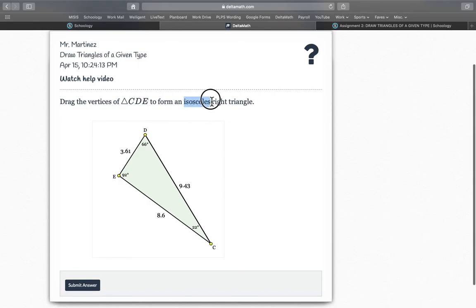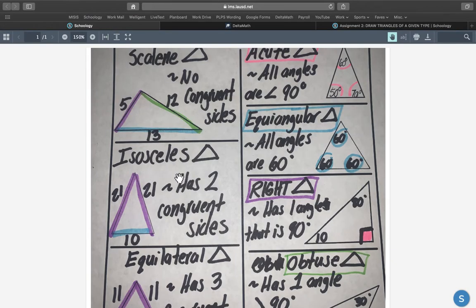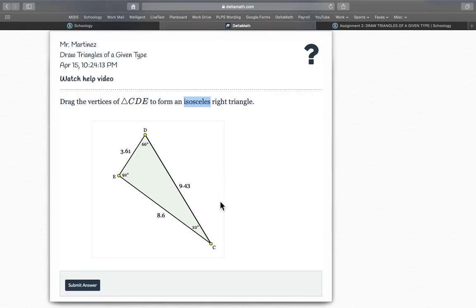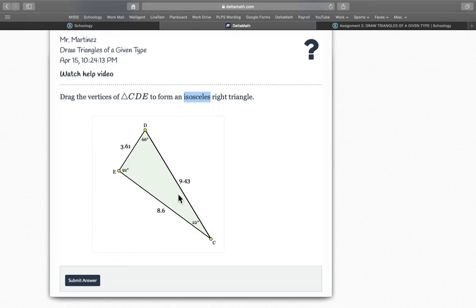Isosceles right. Right? So isosceles means has two congruent sides. So I need to make two of these the same. So 3.61, 8.6, 9.43, these two are almost the same. So I'm going to make this 9.43 a little shorter. So it could be 8.6. So I'm going to take D here and I'm going to go small. There you go. Look at that. I barely had to move it. And it's 8.6,